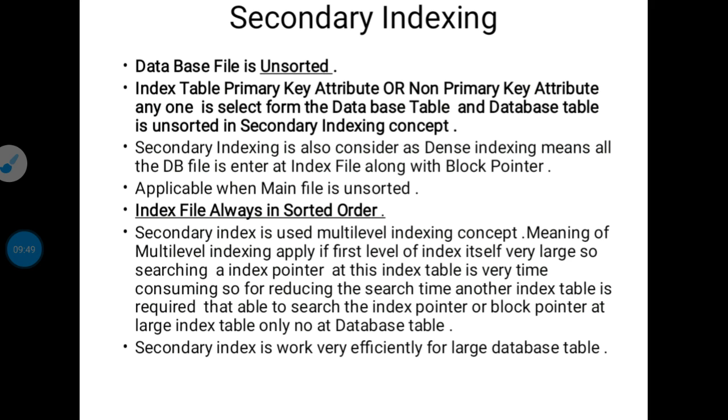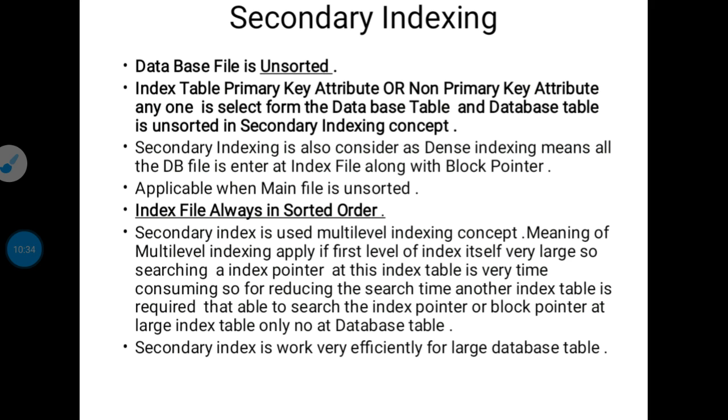In the previous cases, primary indexing or cluster indexing, we were choosing only the prime key attributes or only the non-prime key attributes. Now here the facility is a bit enhanced. We are free to choose any prime attributes or non-prime attributes from the database table. Why? Because our database is unsorted, so it makes no difference whether you choose the primary key or the non-primary key attributes. But when we are searching for data, it is a little bit complex, so we will understand secondary indexing better with the help of an example.